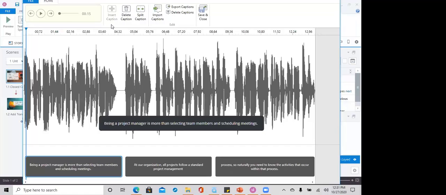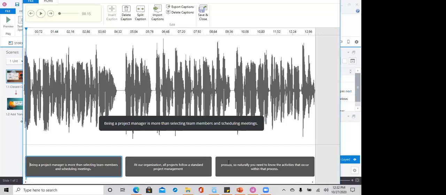And there it is. So Storyline does its level best to guess what you want. And so it does most of the work for you. You may have to wordsmith and move things around a little bit to sync it up, but it's pretty close. So here's your audio text to speech file. So those are my 2 sentences. It gives you a preview of what it's going to look like. And then you've got your 3 boxes here. And you can add more boxes. So if you wanted to split a caption, if you wanted to wordsmith this text, sometimes it doesn't pull it over exactly. But however you want to wordsmith this, then you can.